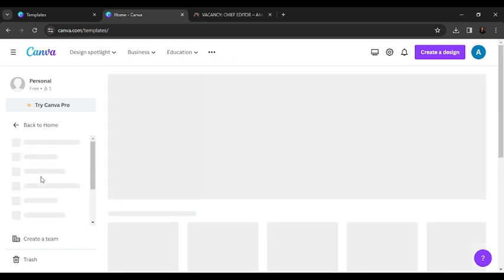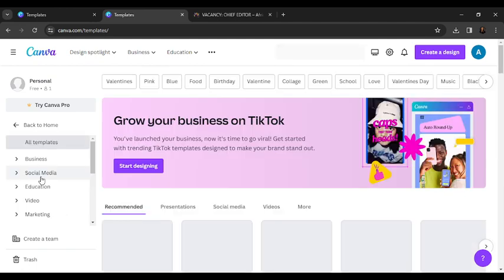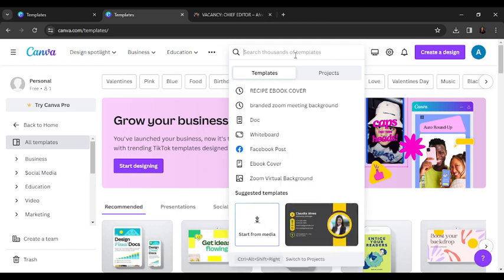So I'm just going to click that, and it's going to take you to the templates window, or like I'll call it, the world of templates. The template is loading up, so ensure that you have a stable internet connection. All right, check the top of your screen in this templates window. You're going to see the search bar. In this search bar, we're going to be very sincere with Canva, because if you're not specific in your request, you'll not get exactly what you want. So in this search bar, I'm just going to type in inspirational